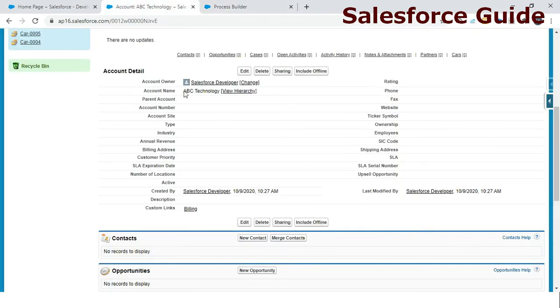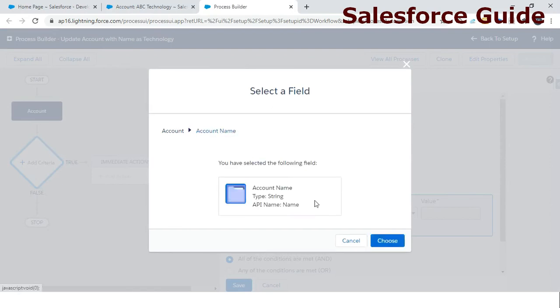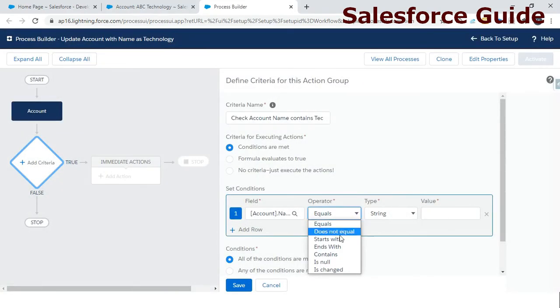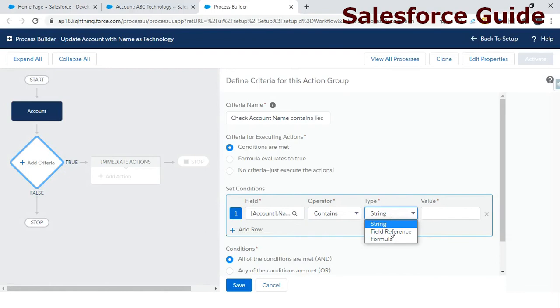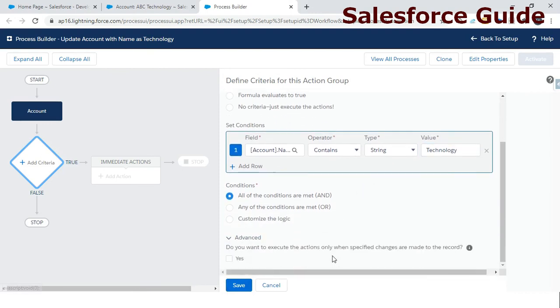So now account name contains the string technology. When account name contains technology, then advanced: do you want to execute the action only when specific changes are made to the record?